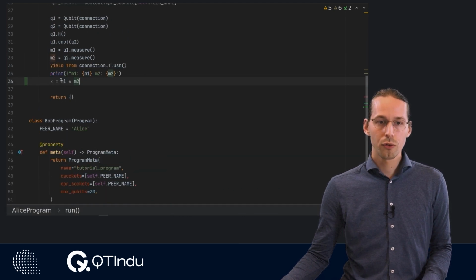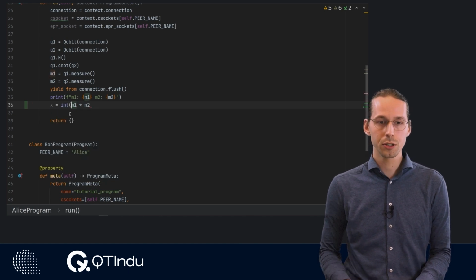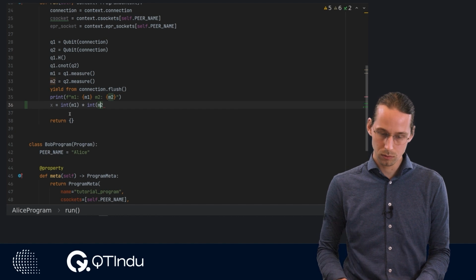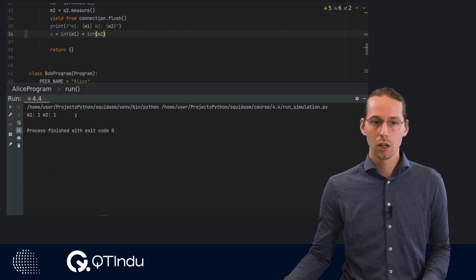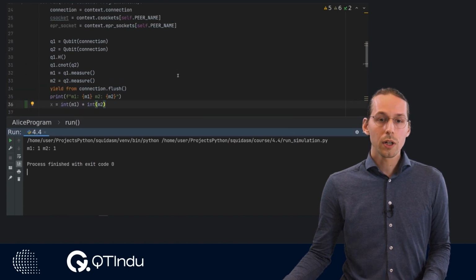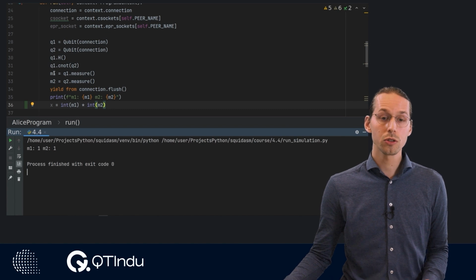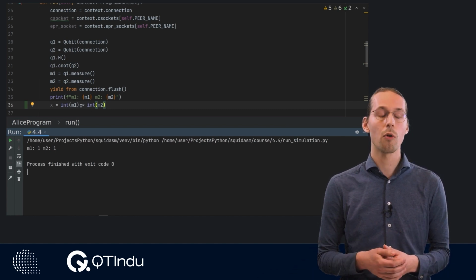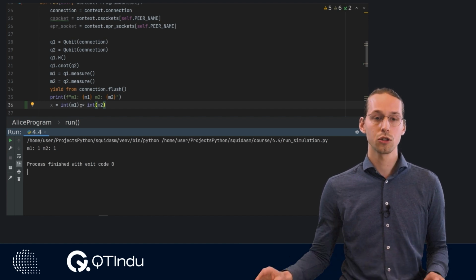So we have to first convert these measurement results into integers. So now the code ran just fine. In general, it is best practice to convert these measurement results to integers as soon as you leave the scope of your quantum program subroutine.